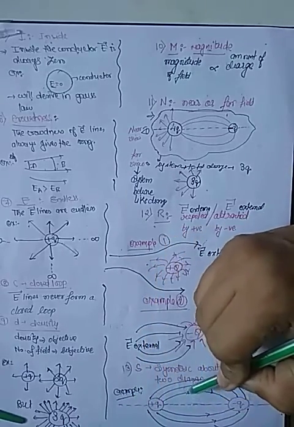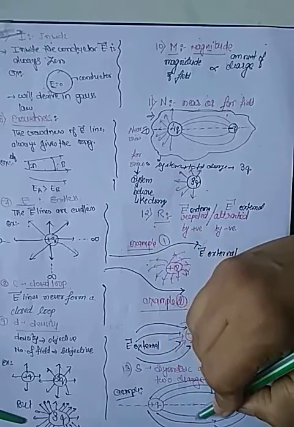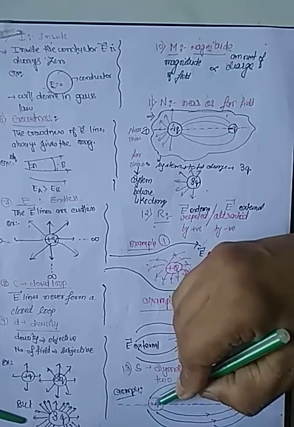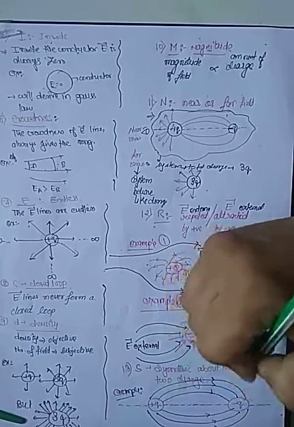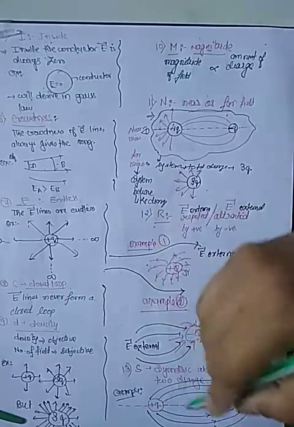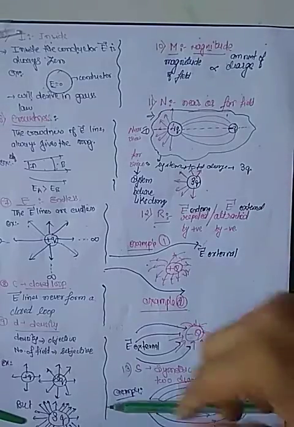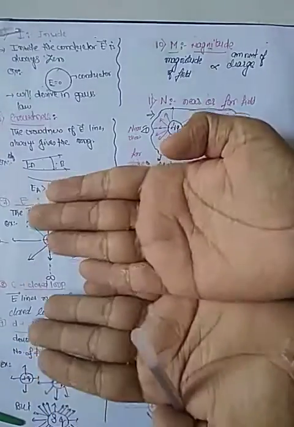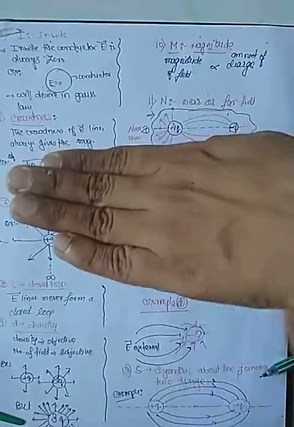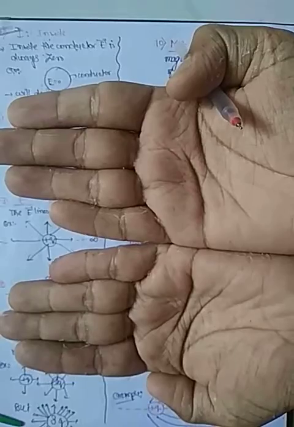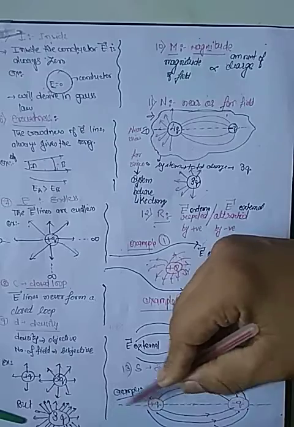See, if we have 3 lines in the upper portion, then definitely, if the charges are the same, there are 3 field lines at the bottom. If we have 2 coulomb here and 2 coulomb here, then it will have 6 lines on the upper side, and definitely 6 lines on the lower side. This is a line of symmetry. If I fold this, I can see only 5 lines. If I open it, I can see 10 lines. So the line through this point and this point charge is a line of symmetry.